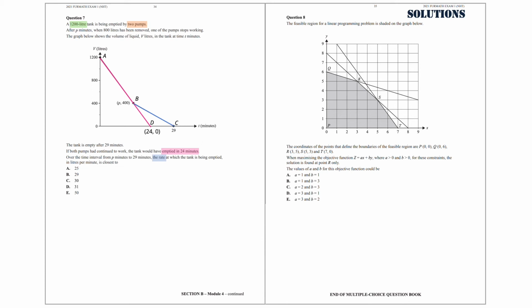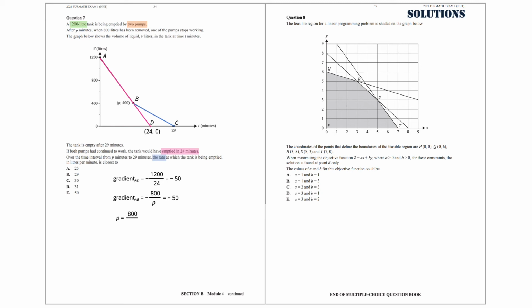If both pumps had continued to work, the tank would have emptied in 24 minutes. If we extend the first line, it intersects the horizontal axis at (24, 0). Over the time interval from p minutes to 29 minutes, calculate the rate at which the tank is being emptied